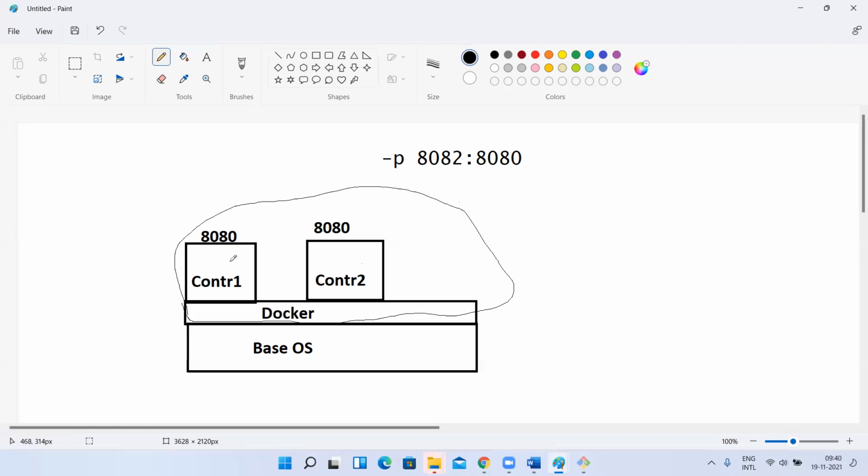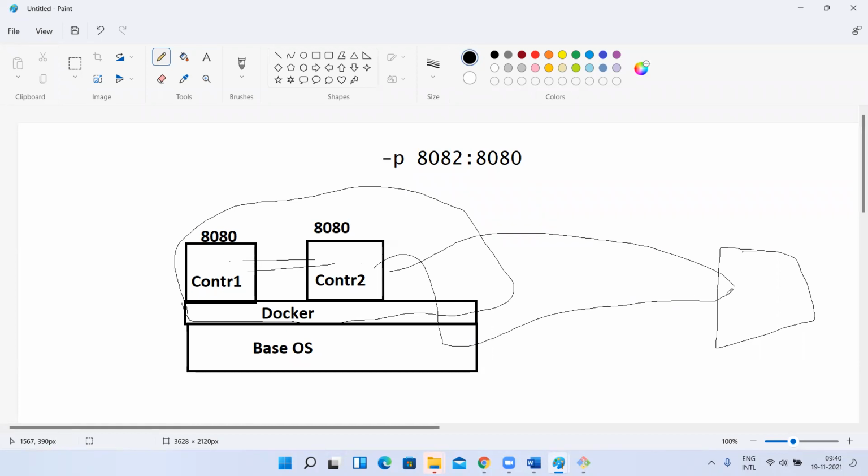Those are private IP addresses, right? If I get inside the container using docker attach, I can ping the other container using its private IP address, because they are on the same network. My laptop and my browser are here. If I use a private IP address to ping from there, it doesn't work, because a private IP address can be used within this network only. As my browser is on a different network, accessing the container would need a public IP address. That is not possible, so we map it to the host with a port number and access it that way. Understood, Tejeshwar?